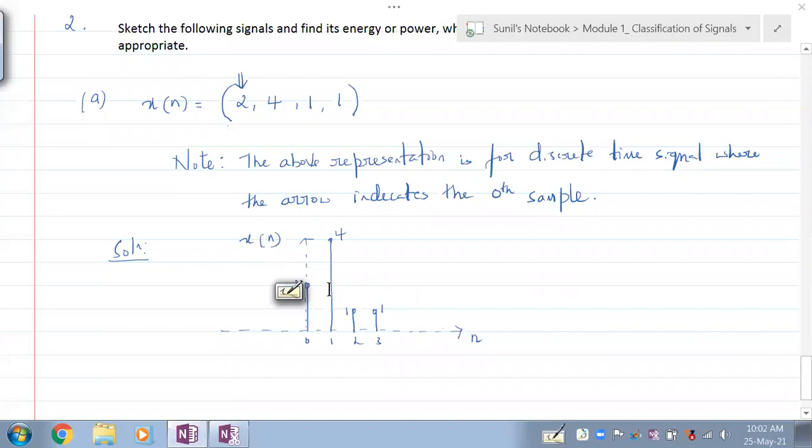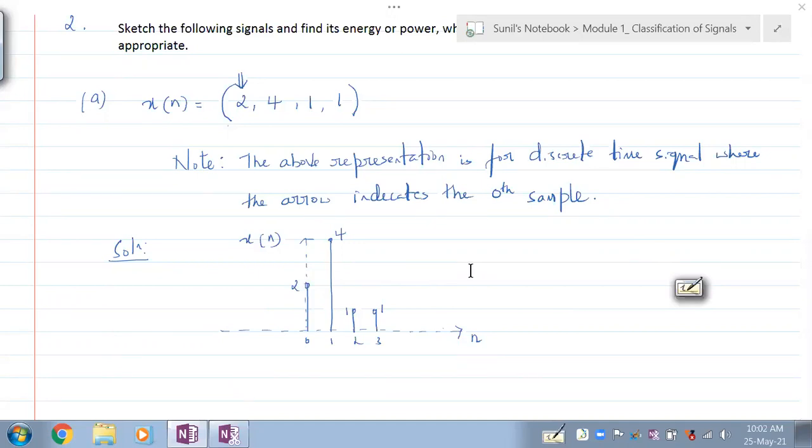So those signals which are not power, can they be energy? Are energy and power signals mutually exclusive? Yes, they are. If one is energy, the same cannot be power. Fine. But can we call it an energy signal because it is not a power signal? Yes, because this is non-periodic and deterministic. Why is it non-periodic? Because it is not repeating itself.